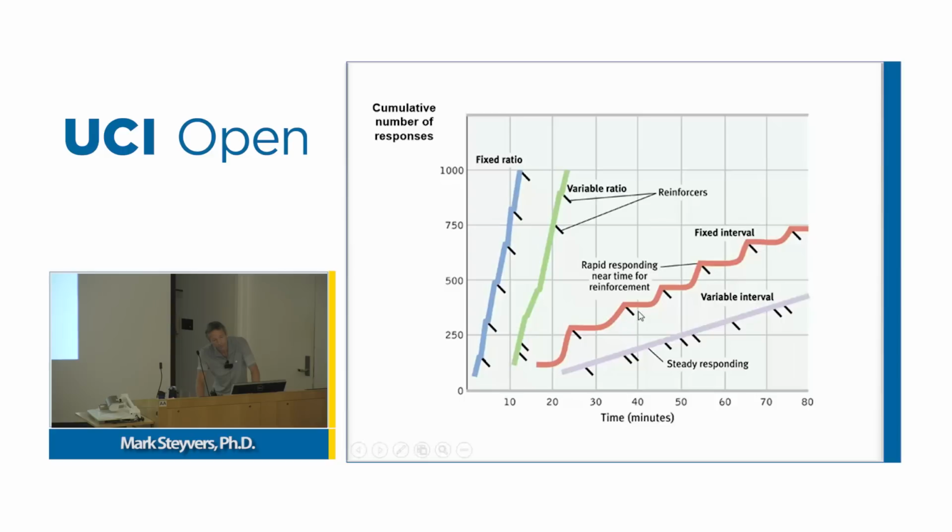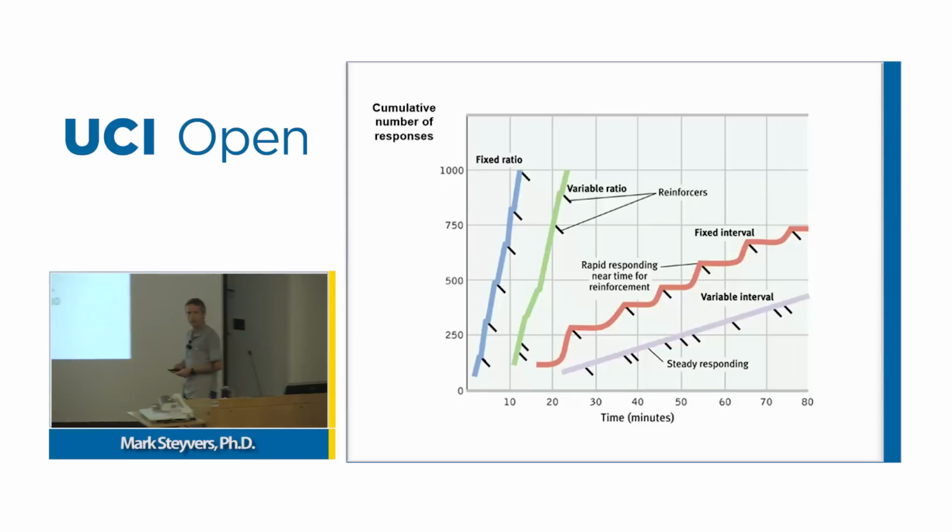The other thing you see is that under a fixed interval schedule, the rate of learning, or the rate of these responses over time, is not uniform. The person or animal here learns when the reward will become available and will respond more vigorously towards the end, or towards the start of this interval. So learning is quite non-uniform. Whereas under variable interval conditions, learning is quite uniform. If you cannot predict when you'll be rewarded, you tend to exhibit whatever behavior will be rewarded eventually more uniformly over time. Does this graph make sense? Any questions about this?